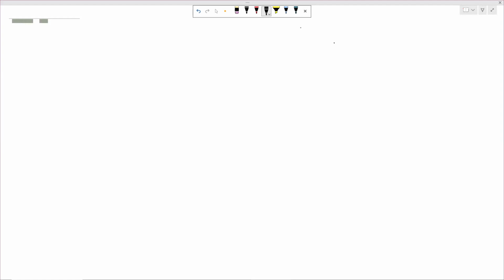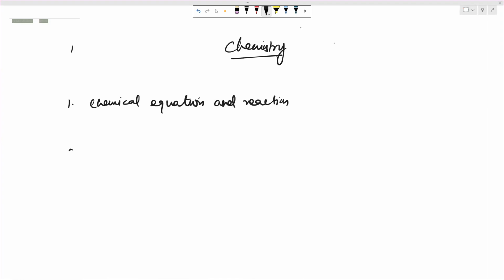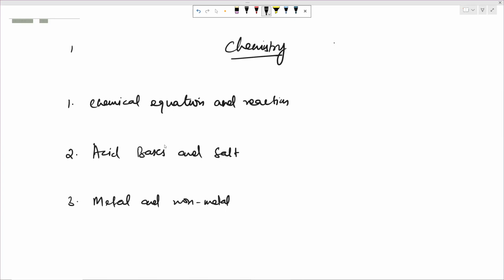We have 4 chapters generally. The first one is chemical equations and reactions. Okay, if I talk about the chemistry, we have 4 chapters. First chapter is chemical equation and reaction. The second chapter is acid, bases, and salts. Third chapter is metals and non-metals. And the fourth chapter is